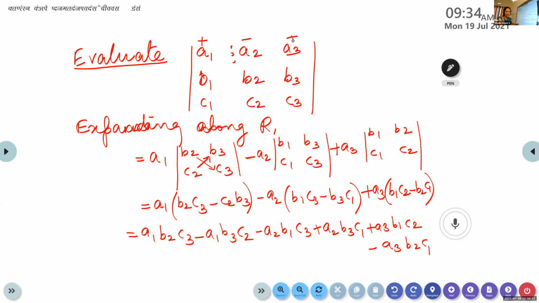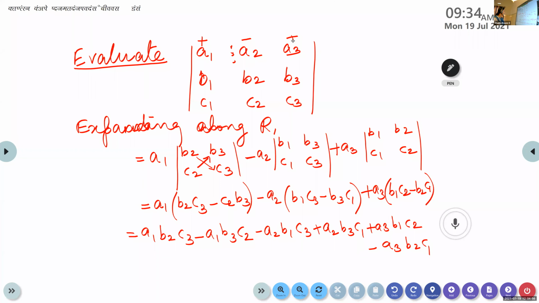Unless mentioned otherwise, we use only the first row. If they mention, we go with the second row or third row or second column, first column. Usually, we do it with the first row. If suppose we have more zeros along a column, we can do it along the first column. But usually, the first row is the common method we use to expand. Is it okay? You copied up to this?